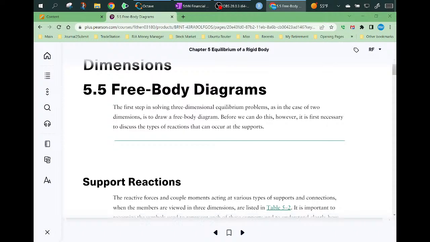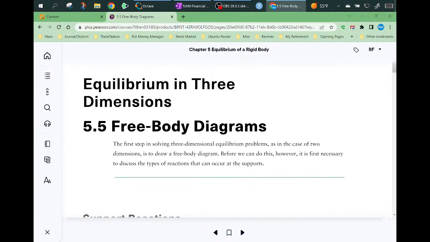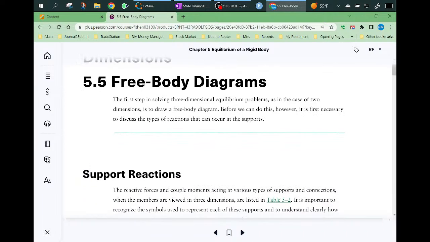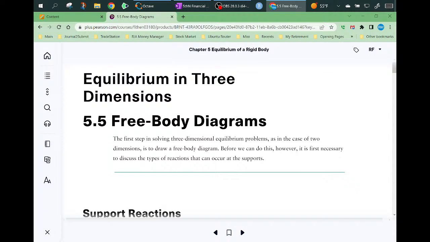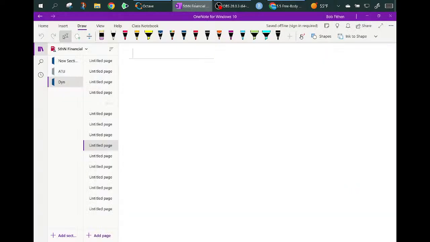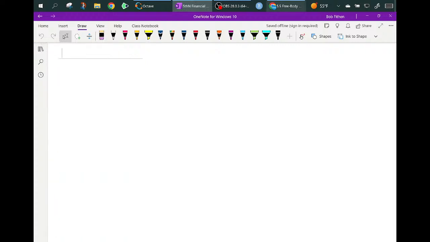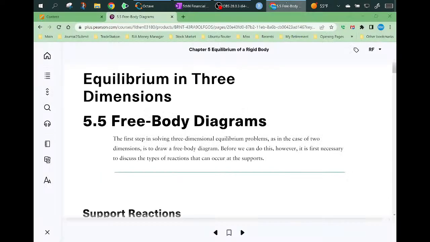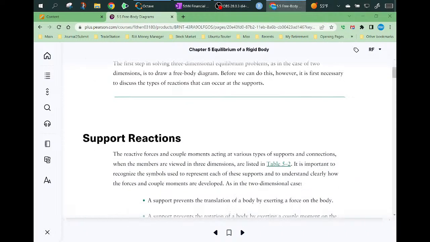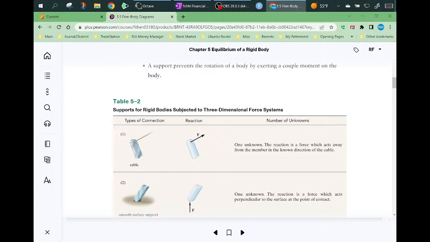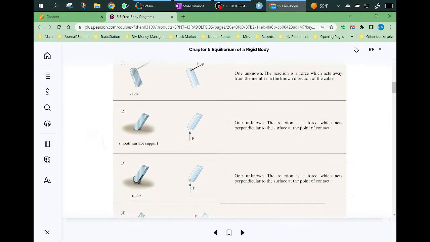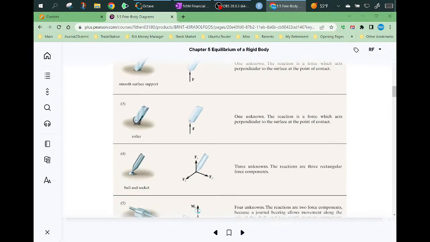Let's start with free body diagrams. This section is in 3 dimensions as compared to the previous in 2 dimensions. So in the concept of free body diagrams, the concept is to eliminate a support and place the appropriate reaction there. So I'll let you go through the list here of all of the possible reactions,